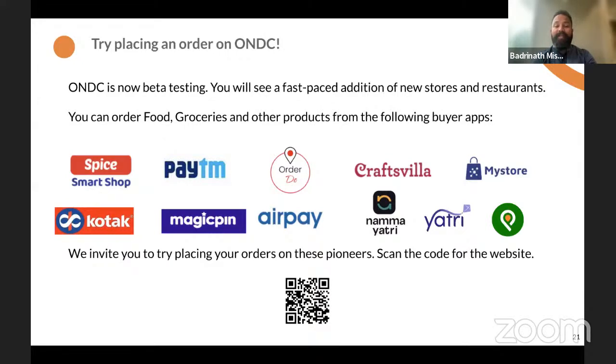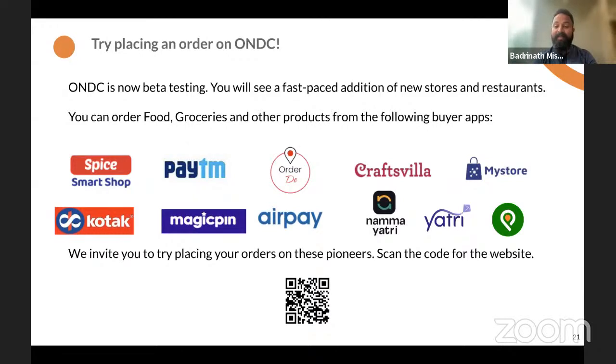So on your screen, Smart Shop by Spice Money, Paytm, Craftsvilla, MyStore, Kotak, Magic Pin, AirPay, and Pincode, the logo on the right lower side, the green color logo, are all retail applications. Order Day is a B2B application. Namma Yatri and Yatri are mobility applications.